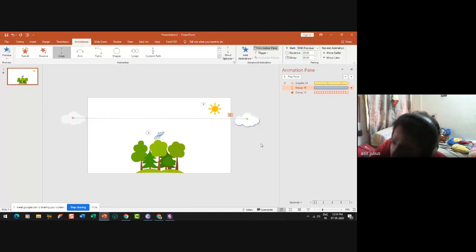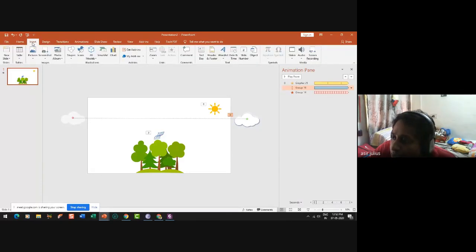To add sound here, you need to have some kind of sound which is already loaded in your computer. For that, probably Simon might have taught you how to download sound from a website. Now I'm not going to add a sound from a website. Instead, I'm going to give the sound on my own. Okay, here nothing will provide sound, neither sun nor cloud nor evaporation, but rain will. So we don't have rain here. Still, I'll give you the sound of the rain.